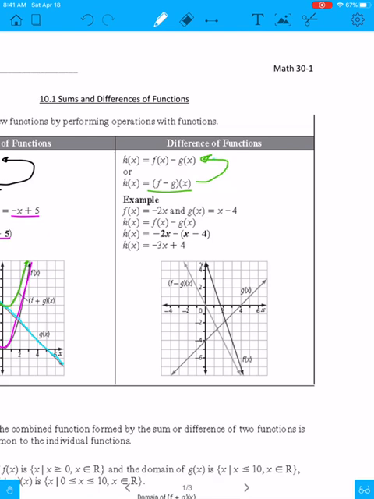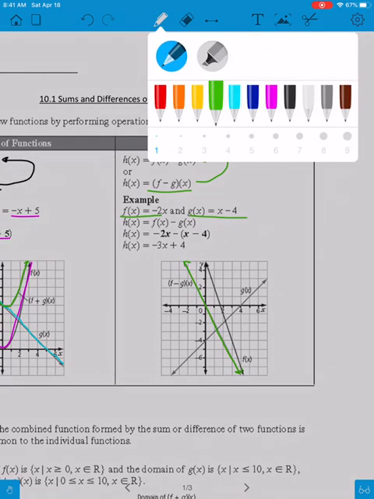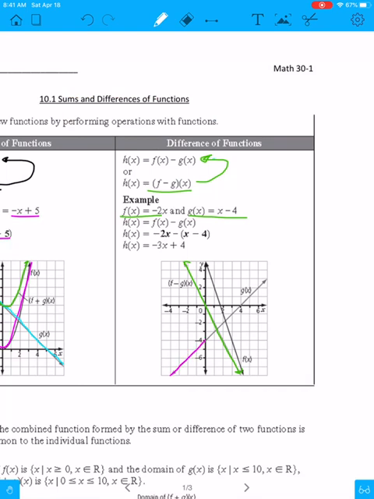F of x, in this case, is negative 2x. Okay, negative 2x is actually this gray graph. It's not labeled well. So that's f of x. G of x is x minus 4. So that's going to be, we'll make it pink, this graph. Okay? All right. So if I go f of x minus g of x, I have to go negative 2x minus